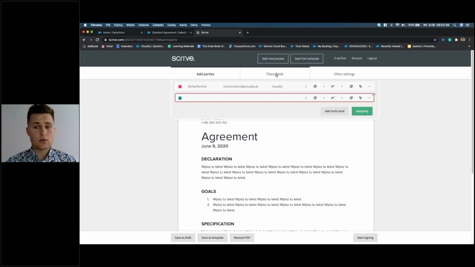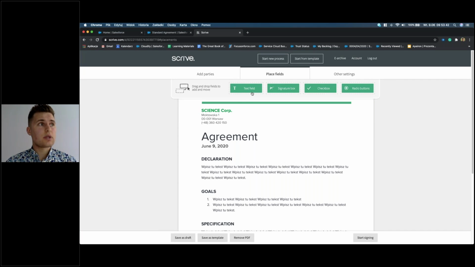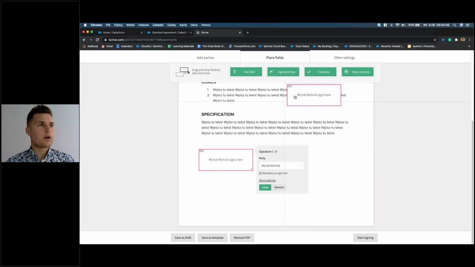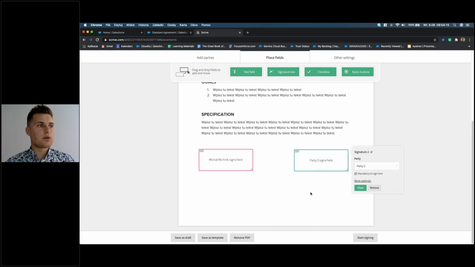we will have the possibility to place different fields. And we can see that we can place special fields for text. If we want to have some comments on the agreement from our customer, we can add signature boxes for handwritten signatures. We can add checkboxes or radio buttons. But in this case, I would like to add two signature boxes, one for our company party and the second one for our customer. After adding this and saving as a template,